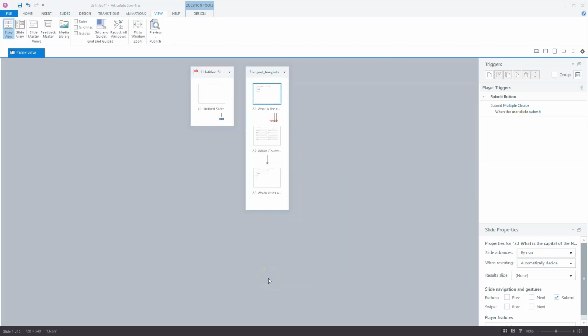Now there are some things that you have to take into account if you want to import questions through Excel or a text file into Articulate Storyline. And the first thing is question types. I told you earlier you can have graded questions and survey questions, but no freeform questions. So the layout of the graded or the survey questions is the layout of the questions.